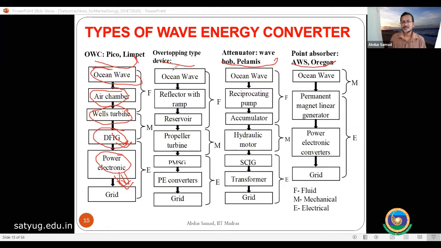Similarly, the other systems also have so many mechanisms, and every mechanism has its own complexity. That's why it is not becoming a very popular energy device. Other systems have similar deficiencies or weaknesses. But still, we are doing research. Lots of people are investing money, and governments are investing money. Why? Why is there hope? We'll discuss.